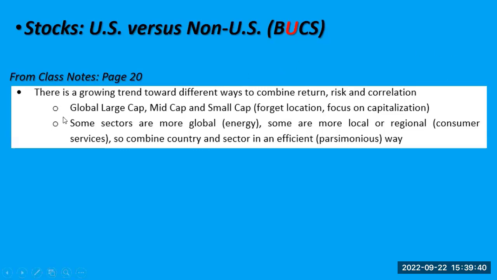Some people said, well, sometimes global makes sense, but sometimes local makes sense. Some industries like energy are global. So when you're looking at energy, who cares if it's Exxon or British Petroleum? It's energy. So just buy energy stocks. But if you're looking at restaurants or consumer services, then yeah, it matters whether they're in the United States or Canada or Europe, because you're really impacted by how many consumers are there and those kind of things. So what are you going to look for? You look for some combination. So maybe you split the world up by sectors, and some sectors are global. Some sectors you use the US, developed, emerging, those kind of things.